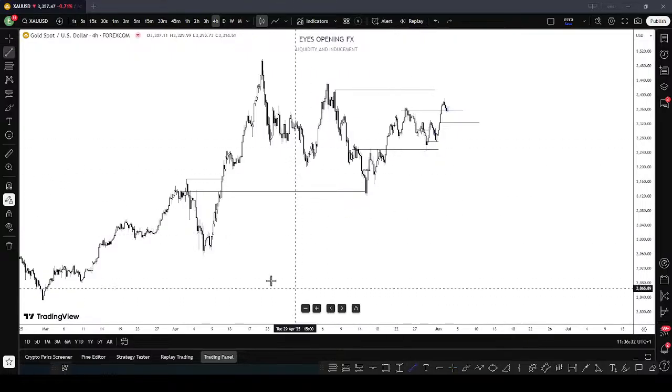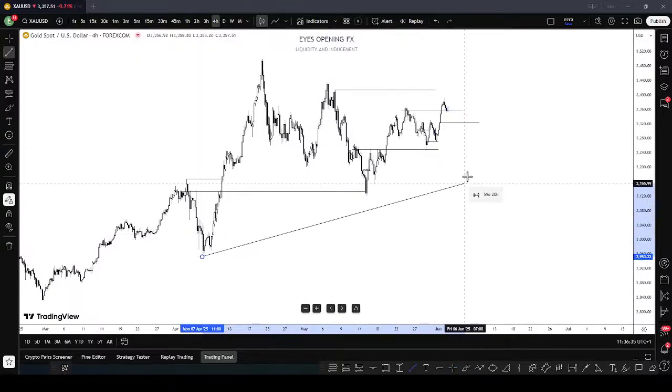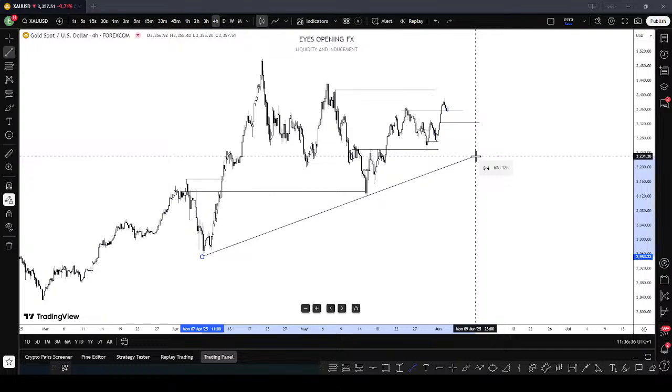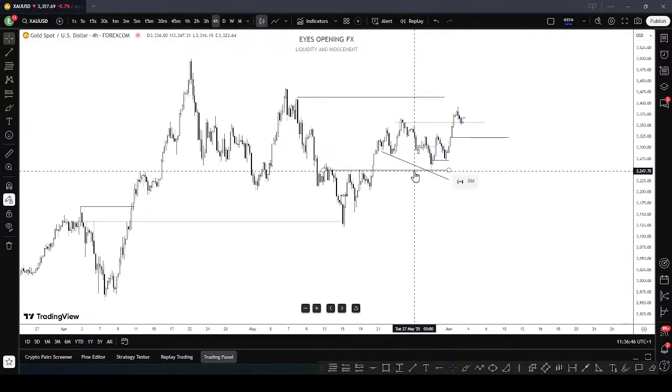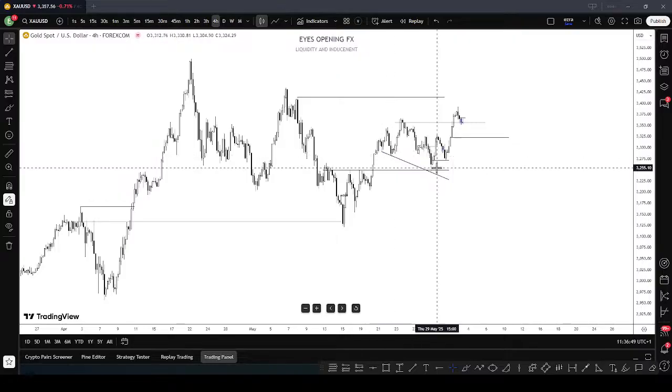Some of them can just decide to use trend line. So if you use trend line here, it looks like it won't work. But if you use trend line, let's say around somewhere here, it can work. All right, first touch, second touch, third touch, buy. All right, that is a trend line, but